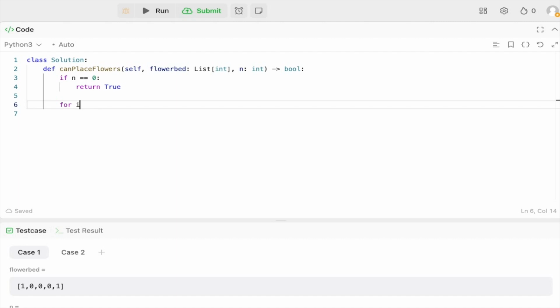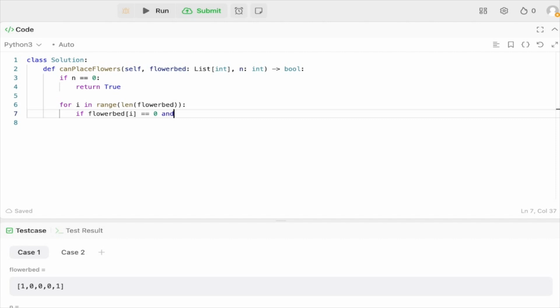For i in range of length of flower bed, we can place the flowers only when the flower bed has the value 0. If flower bed of i equals to 0, and we have to check both the left and the right element,